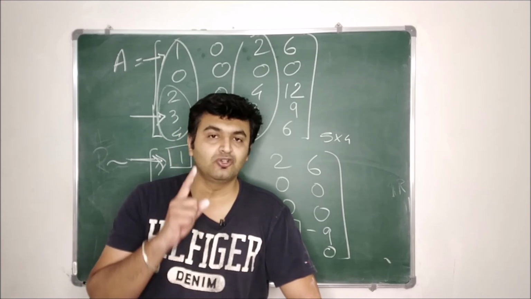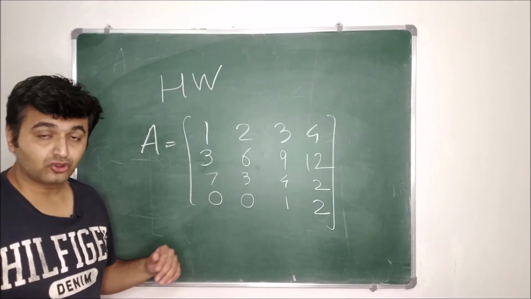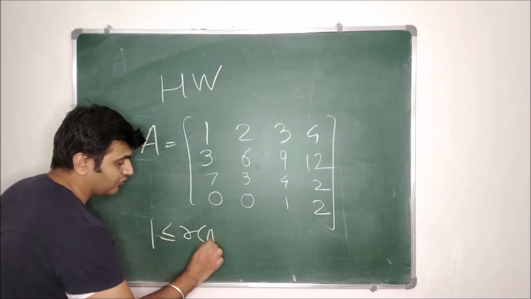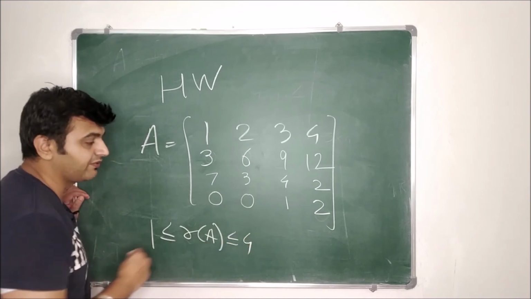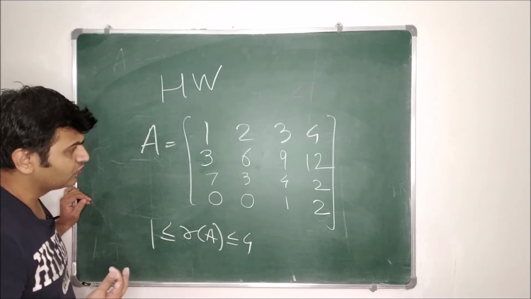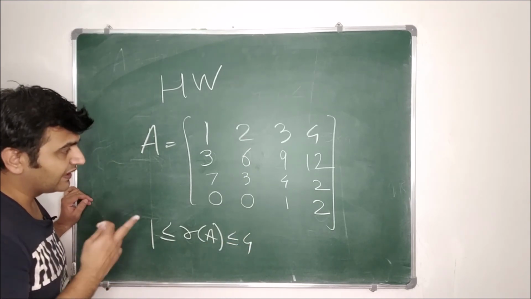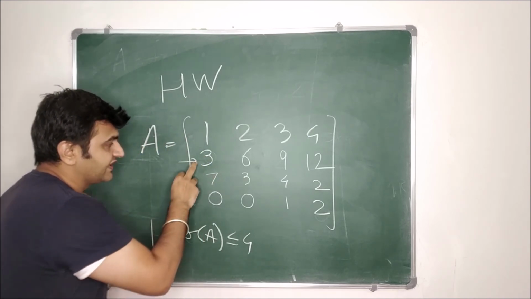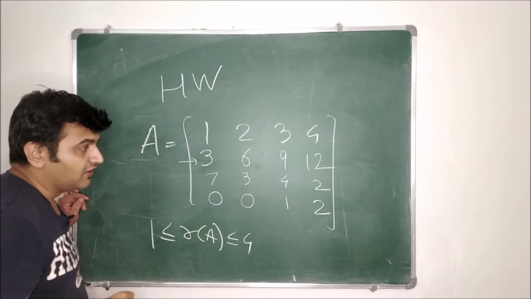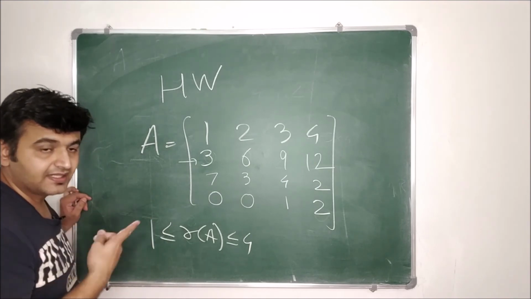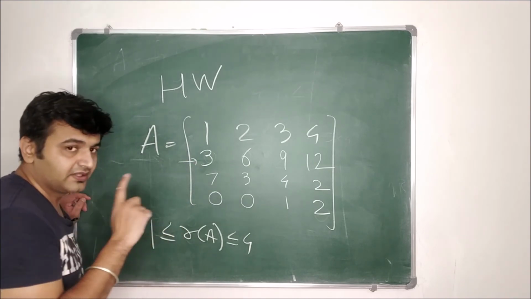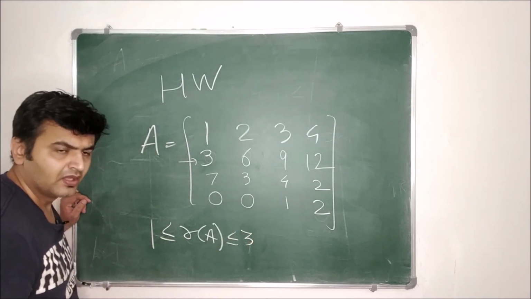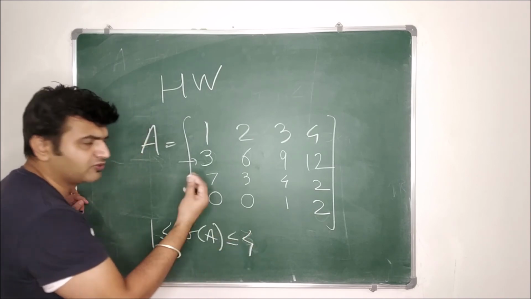Now let me give you one homework question. So here is a 4 cross 4 matrix and it's a non-zero matrix. So I know that the rank of A is between 1 and 4. So do the row operations. Actually if you look smartly over here, your second row is a multiple of the first row. Second row is 3 times the first row. So if you can see these things directly, then definitely one row is dependent. So here directly you can say the rank has to be between 1 and 3. But it's okay even if you can't observe such things.